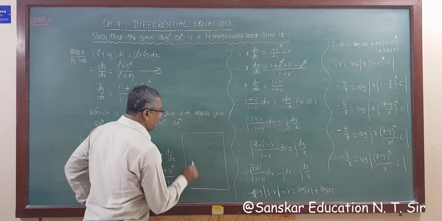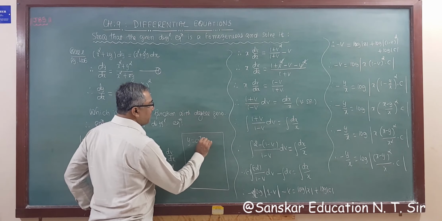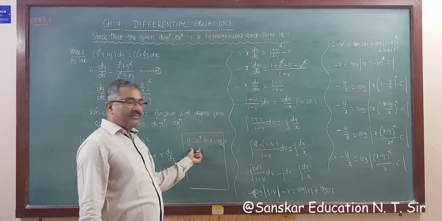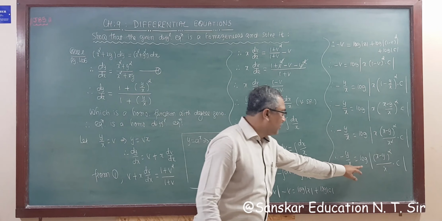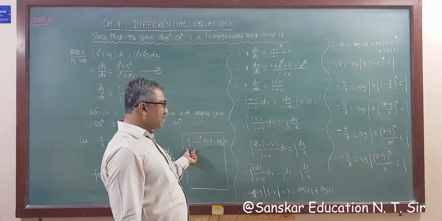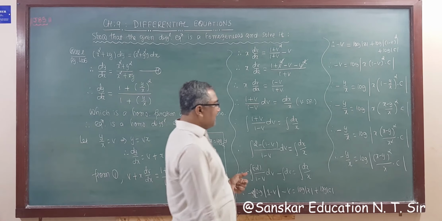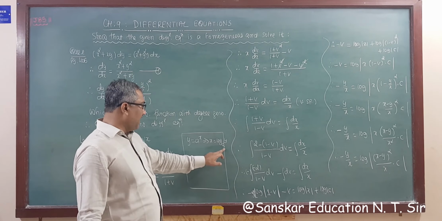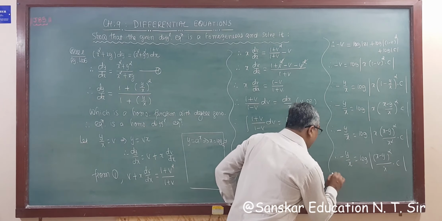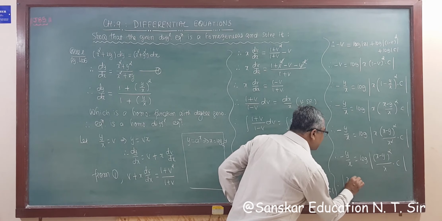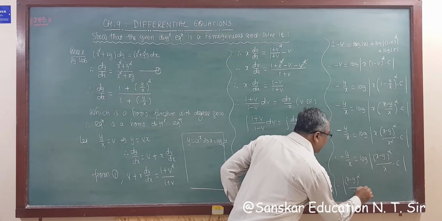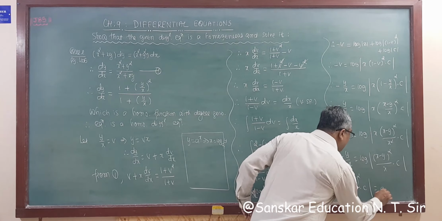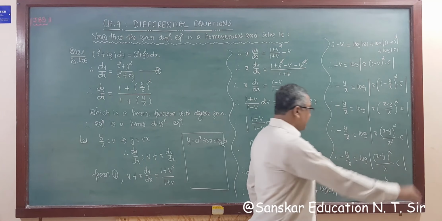Using this log, you have y is equal to a raised to x, right? So this implies x is equal to log y base a. So this is exponential form and this is logarithmic form. If you want to change this logarithmic form into exponential form, you have to write this, right? This is log y, so y is equal to a raised to x. So you may write modulus of x minus y whole square upon x into c. This is your y. Base is e. So you can write e raised to minus y by x. This is your general solution.